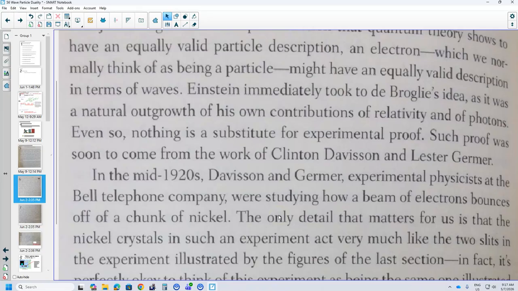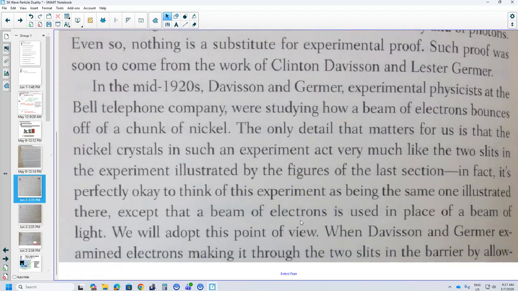Einstein immediately took to de Broglie's idea as it was a natural outgrowth from his own contributions of relativity and of photons. Even so, nothing is a substitute for experimental proof. Such proof was soon to come from the work of Clinton Davisson and Lester Germer. In the mid-1920s, Davisson and Germer, experimental physicists at Bell Telephone Company, were studying how a beam of electrons bounces off a chunk of nickel. Remember the nickel crystal stuff, right? The only detail that matters for us is that nickel crystals in such an experiment act very much like two slits or multiple slits,